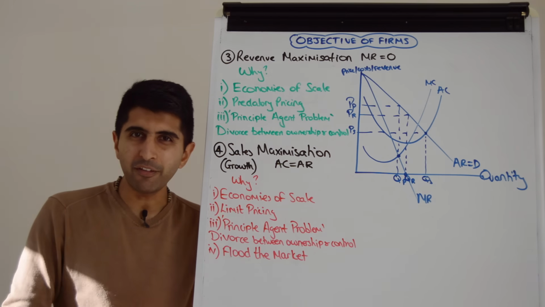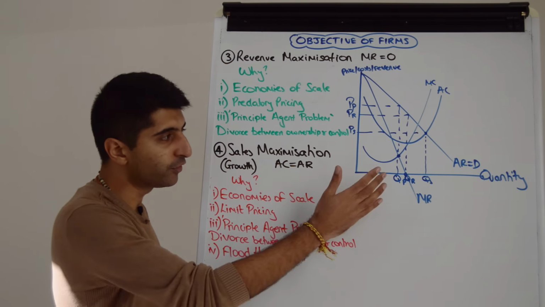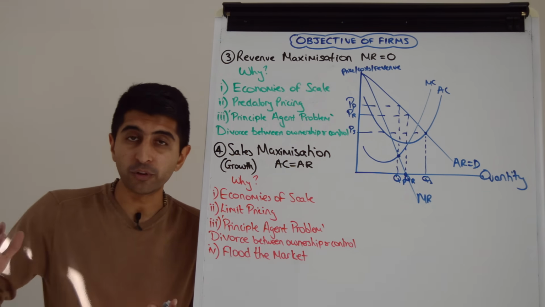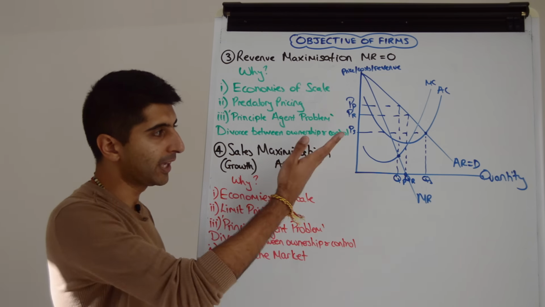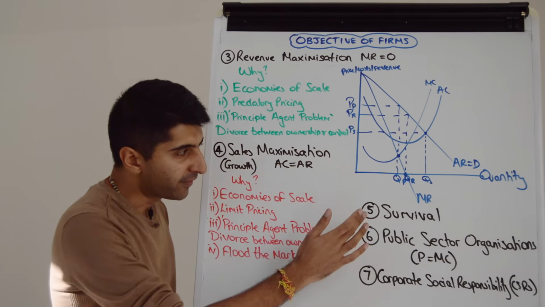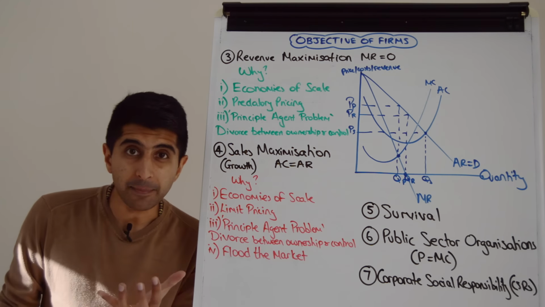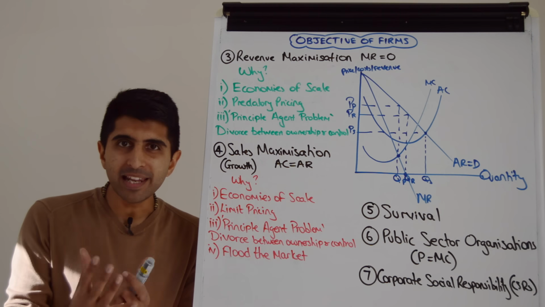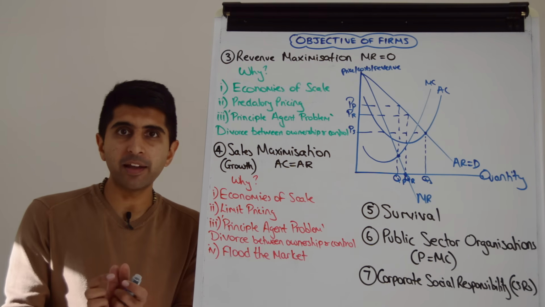You take companies like Netflix, Amazon, Spotify, Costa Coffee in the UK, all have used sales maximization to develop loyalty, to flood the market, and now they're all looking to change their objective towards making more profit. But there are other objectives that businesses might follow too. Let's look at those. Survival is another objective that businesses might use as a short-run objective if they're entering a hyper-competitive market. So if they believe in their product, they might want to go for it still and enter the market, but just survive in the short run.